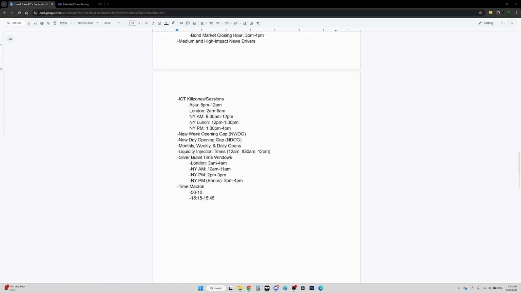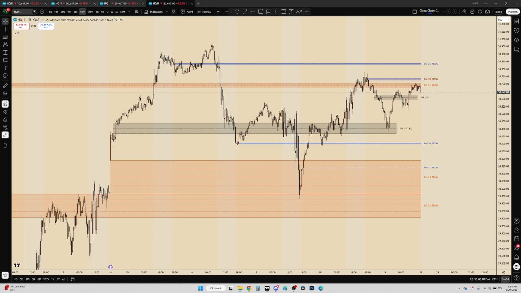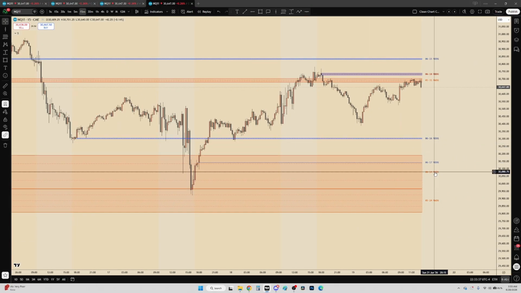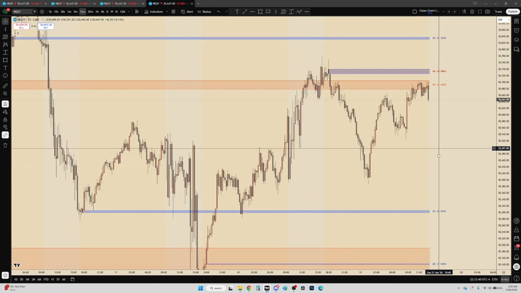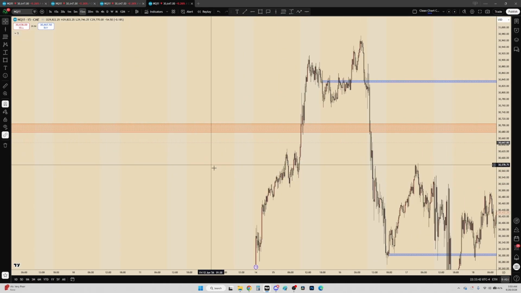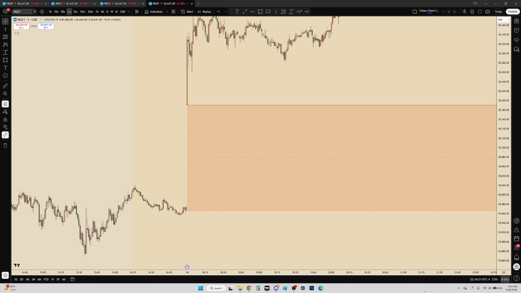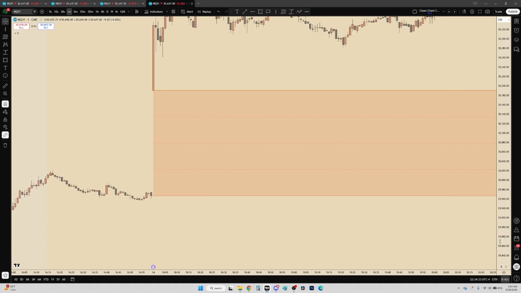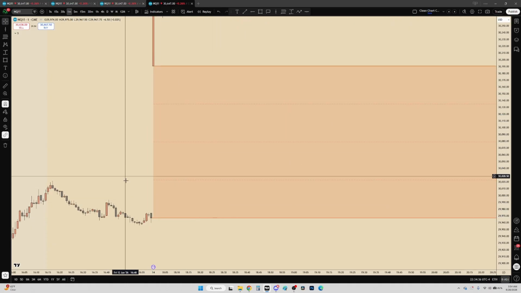More on that later. Okay, so moving on to new week opening gaps and new day opening gaps. So these are pretty easy. This chart is showing you the new day opening gaps and new week opening gaps for the past 5 days or 5 weeks. So you'll see that the NDOGs are in blue and the NWOGs are in orange. Now, the NWOG, or the new week opening gap, is the difference between the closing price on Fridays at 4:59 p.m. and the opening price on Sunday at 6 p.m. Eastern time. That's the reason why the indicator is marking this out, because this is the entire NWOG for this